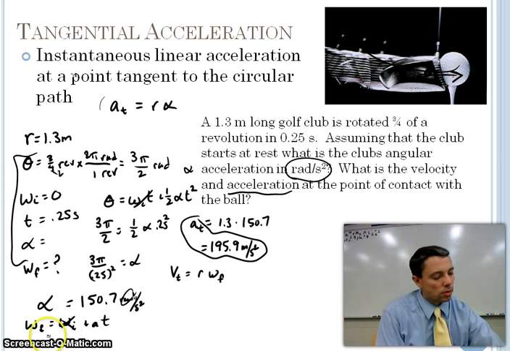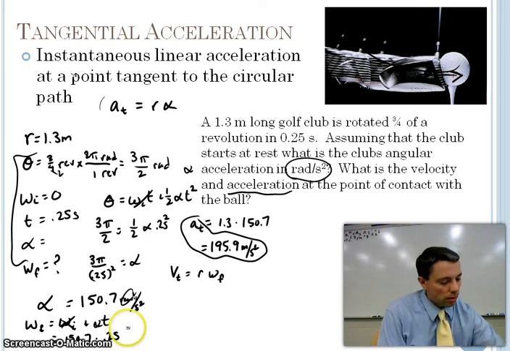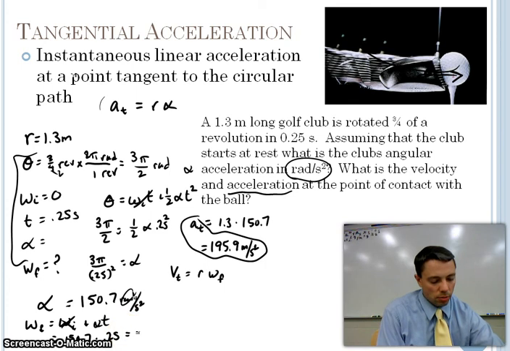Remember that's 0, so it disappears. So I'm going to take my 150.7 times the 0.25. And so that gives me an angular speed of 37.68